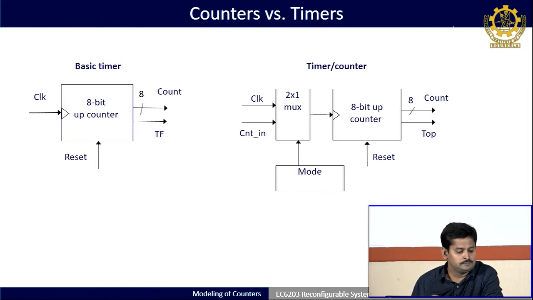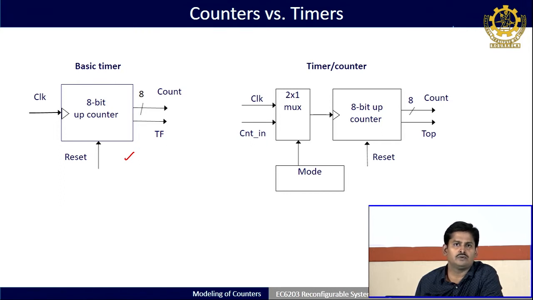So, if you see, the timer internally uses a counter to find out the different time intervals between two events. Okay. So, it is a basic timer circuit. We can say that it has one input. I told you it will have different numbers of inputs, control signals and outputs. So here, clock and reset are inputs, where clock is an input signal on which it will start counting up, and we have used an 8-bit up counter.